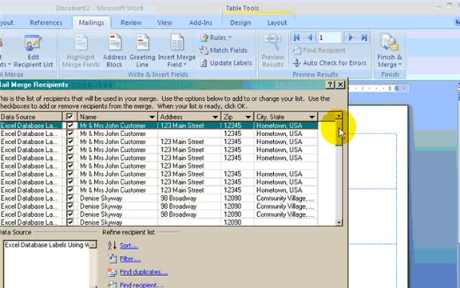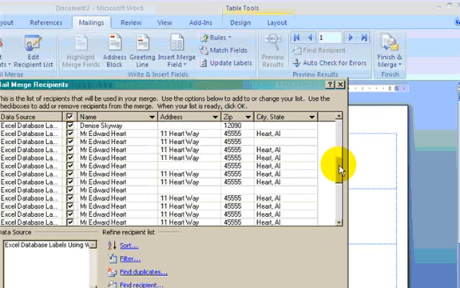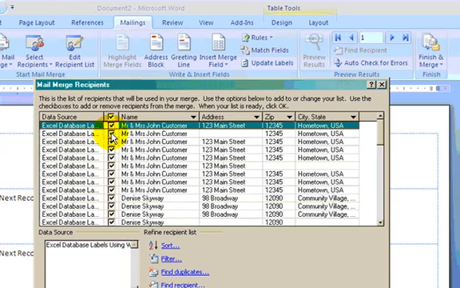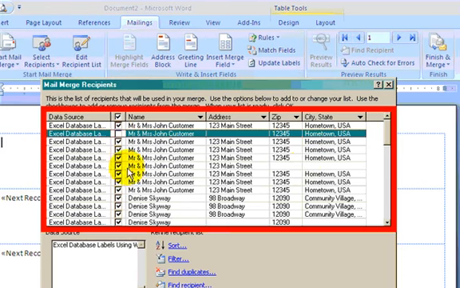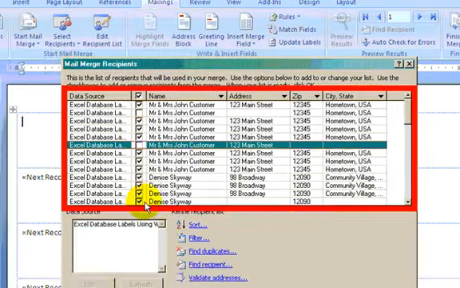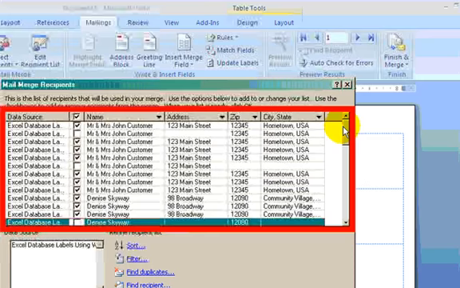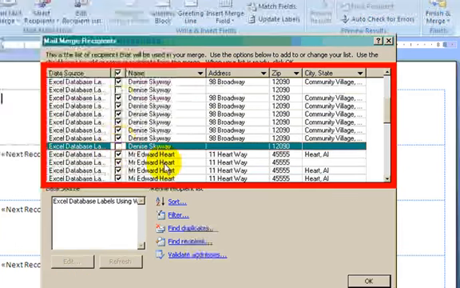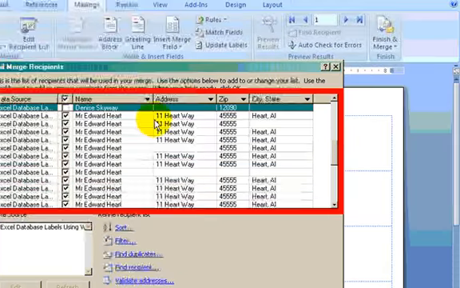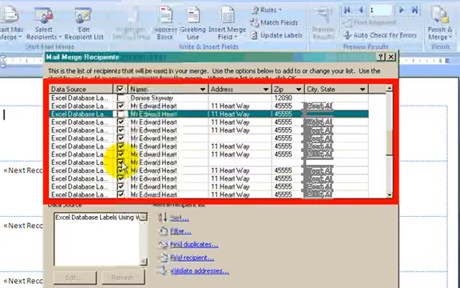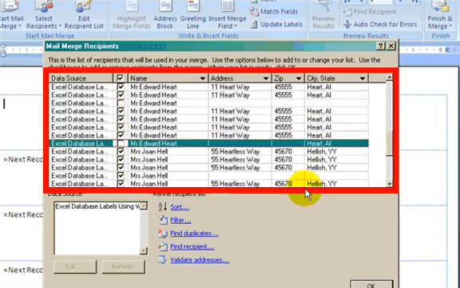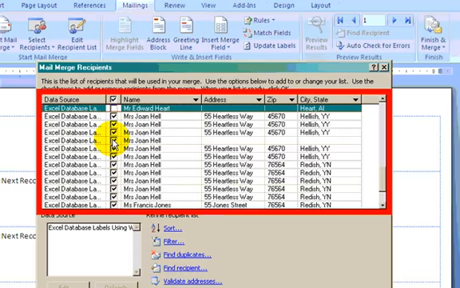Now you notice that, and I kind of did this on purpose, that some of these do not have any addresses or zip. So what you want to do is clean up your mailing list so that you don't use up your mailing labels, especially if they're in the middle of the sheet itself. So all you have to do is uncheck the names there, and that will delete them from your list. And once you have that done,